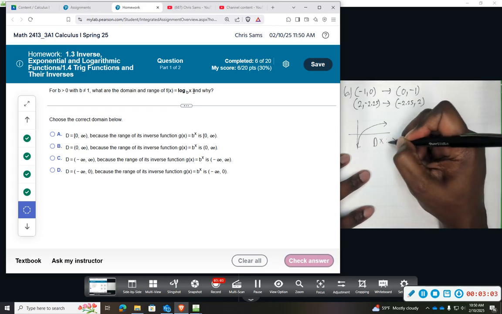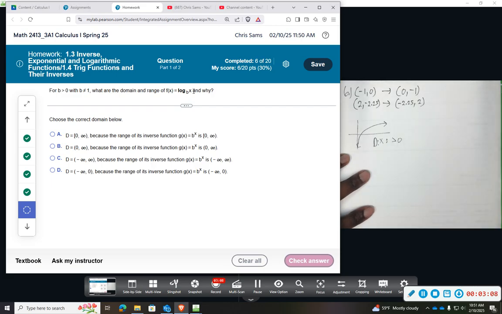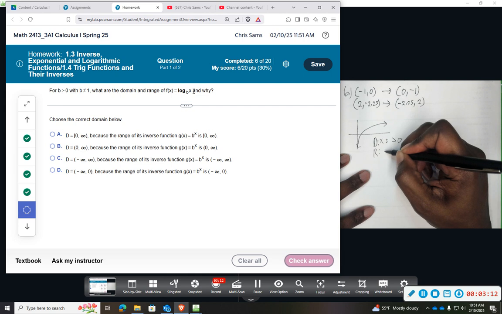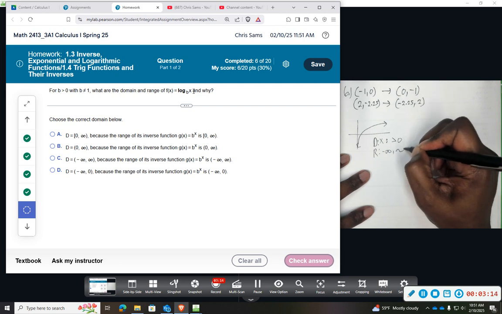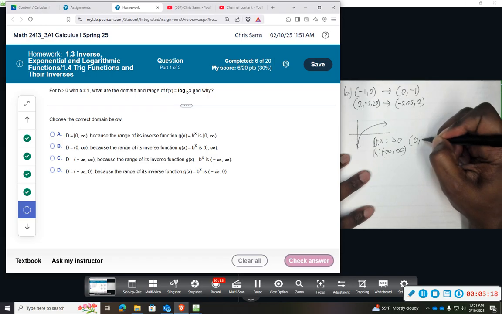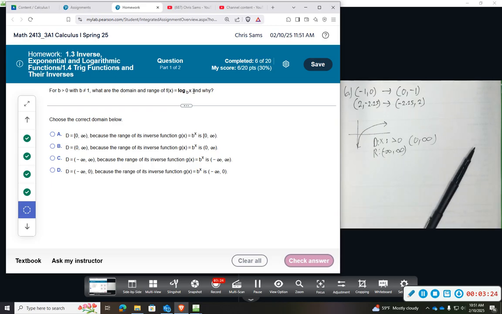So put domain, and then x has to be greater than 0, and it looks like our range goes from -infinity to +infinity. So we were going from 0 to infinity here, and then -infinity to +infinity. So just want you to be familiar with the facts of the parent functions. So domain 0 to infinity,